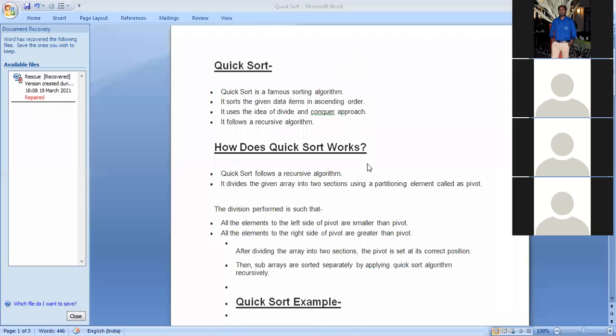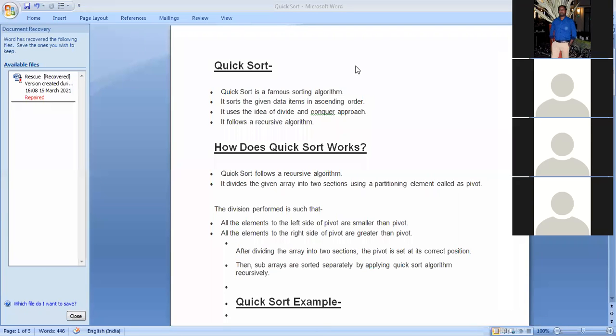The division is performed such that all the elements to the left side of the pivot are smaller than the pivot and all the elements to the right side of the pivot are greater than the pivot. So the pivot is a key element. Let's take one example, so that the concept is more clear.